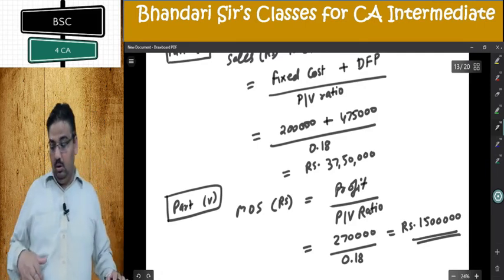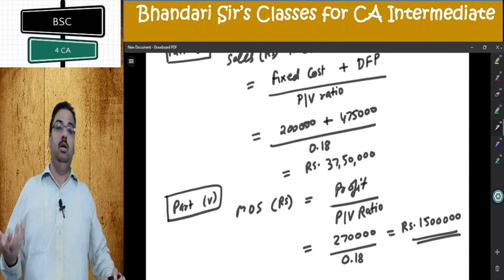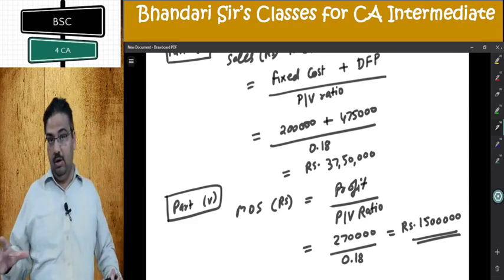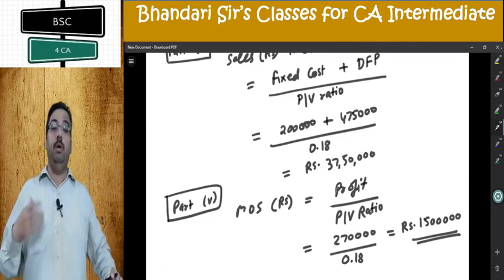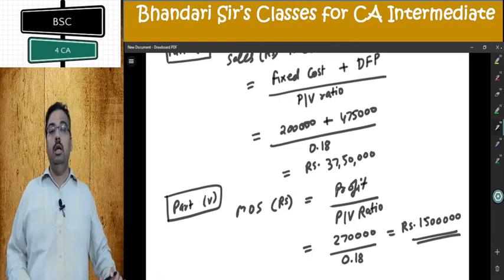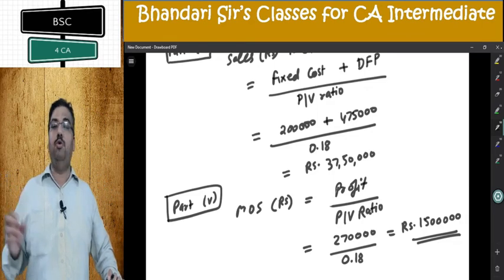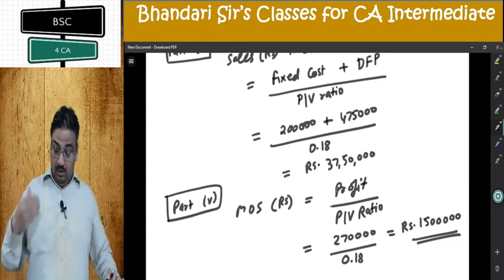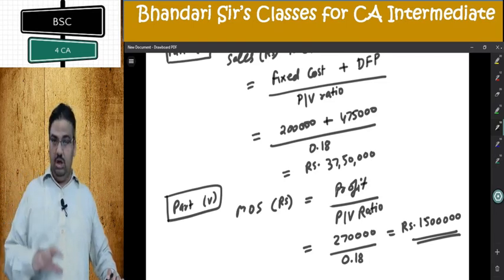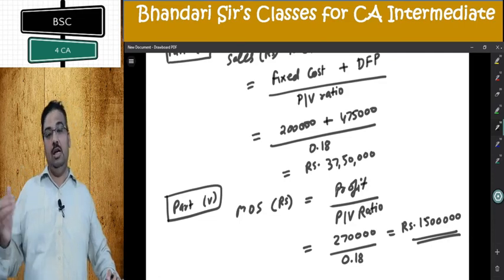So they were all till A9, 4-5 questions of similar category. 2-year profits were given or 2-year cost was given, 2-year sale was given. From there we were making analysis of PV ratio, variable cost, everything that question wanted you to do. If these questions come even for 5 marks, they are all free 5 marks. So focus on these, they are very simple. The next questions are going to be a little bit different. You're going to get multiple challenging questions in this, but these are all similar questions, easy and similar to each other.